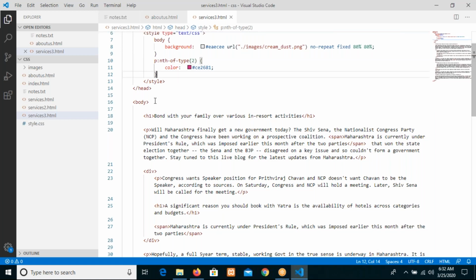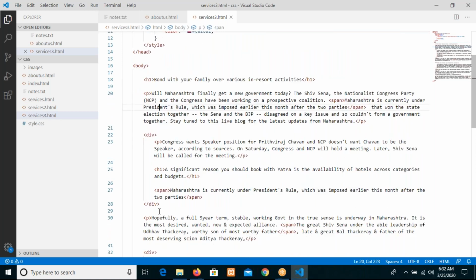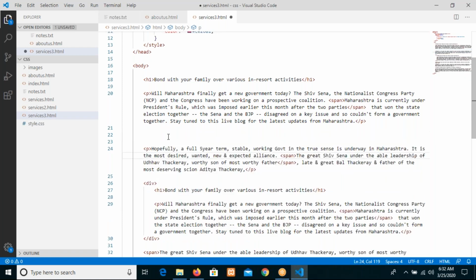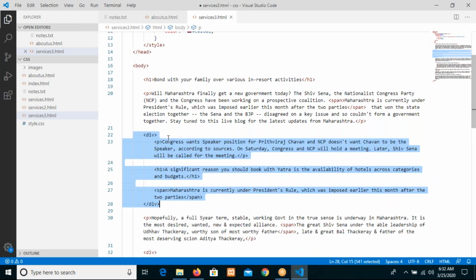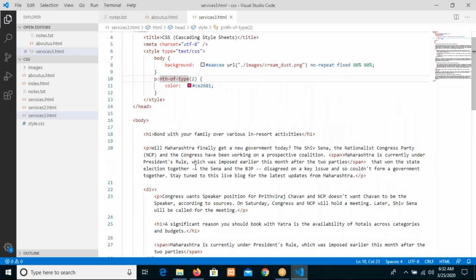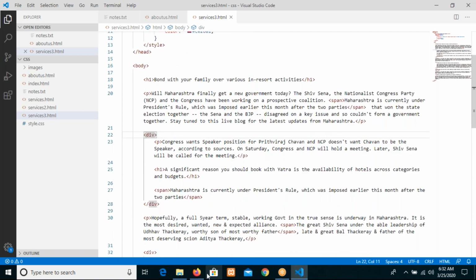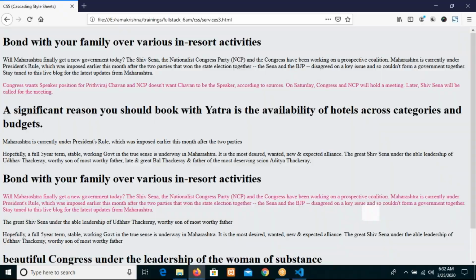So in the body, it is a first paragraph, whereas it is a second paragraph. If you just keep aside this one, it is a second paragraph. So it will apply nth of type of 2, either in the body or else in the div also. If there is no second paragraph, nothing else, like this. Okay, then